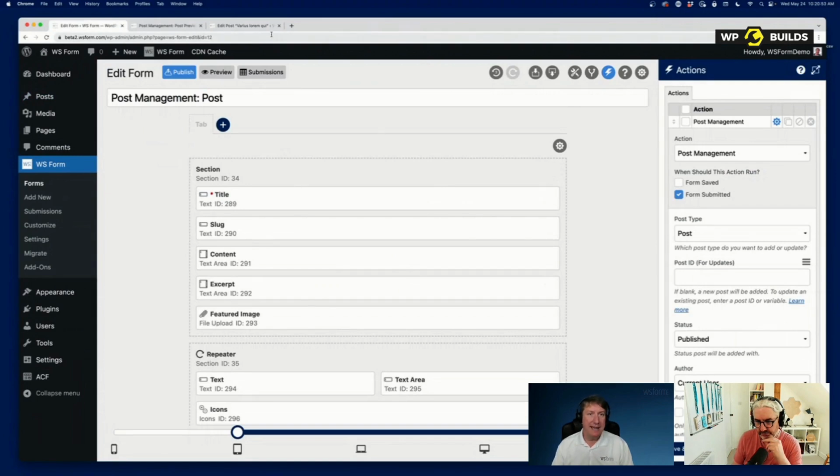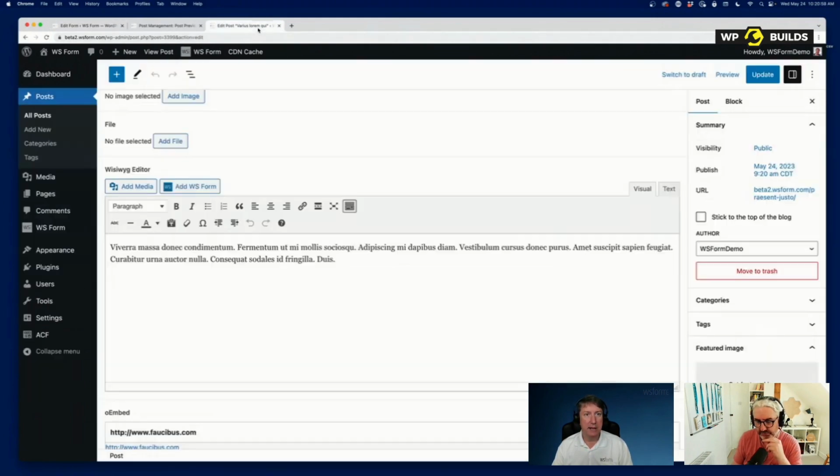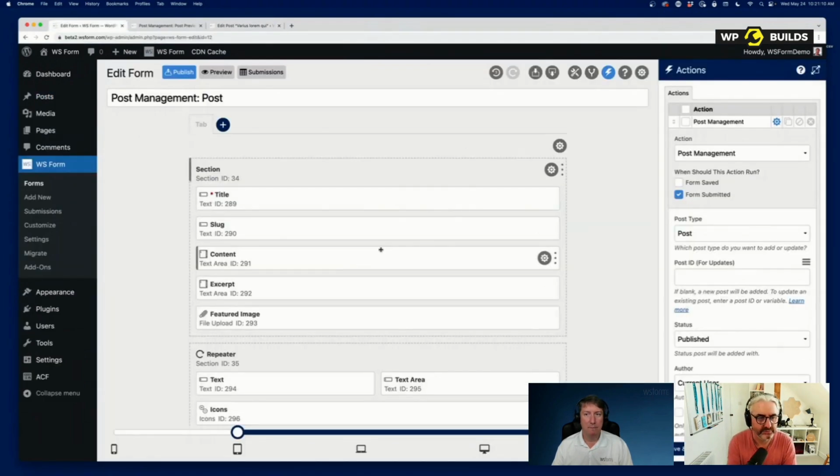Now, once you've created a post, you may want to edit that post using a form, and that's something you can do in WS Form as well. So if we go back to that post, I'm going to grab the ID at the top here, which is 3399, and I'm going to show you how to populate a form using post